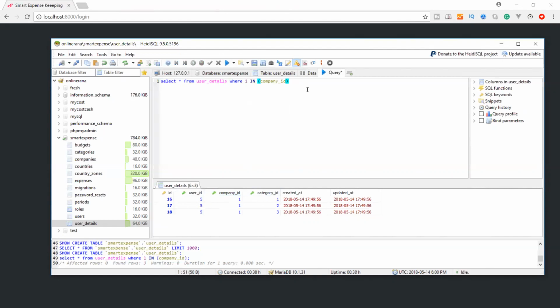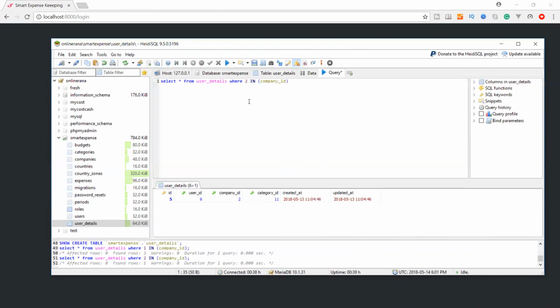Okay, let's change from 1 to 2 and run it. So we have now one company. This select all from user_detail statement will resolve the issue that we are currently facing. So when we allocate the delegation of rights to a user, for one company or two companies, it will exactly fetch all the companies related to that.